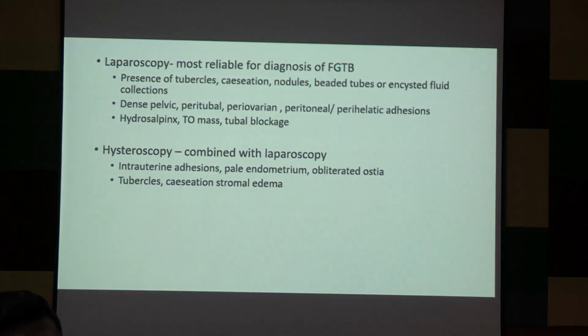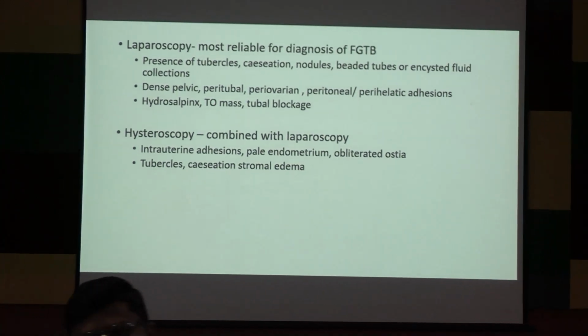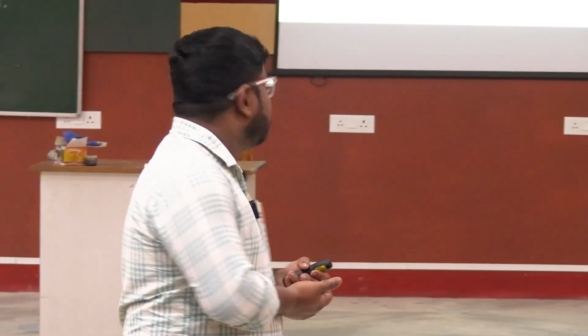Lastly, the final step, when nothing else works, where nothing can be found, I can go for a laparoscopy. It's the most reliable method, but it is very risky in case of tuberculosis. Any surgery is very risky in cases of tuberculosis because there are gross adhesions both with the gut and omentum.